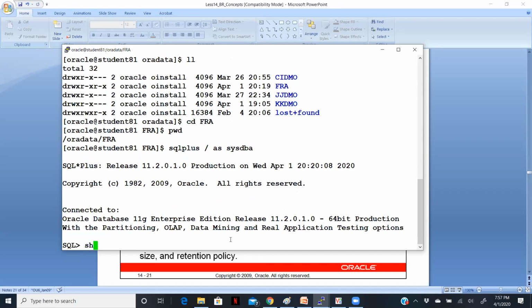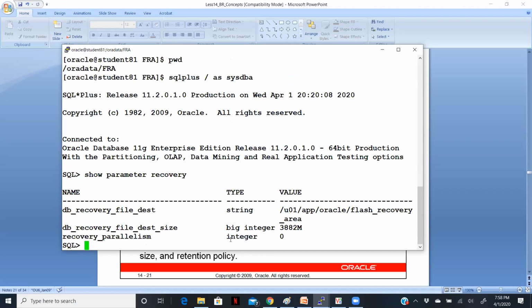So do show parameter recovery. So this is what it's set to now. It is not the location that we want it to be. So we're going to do alter system set DB recovery